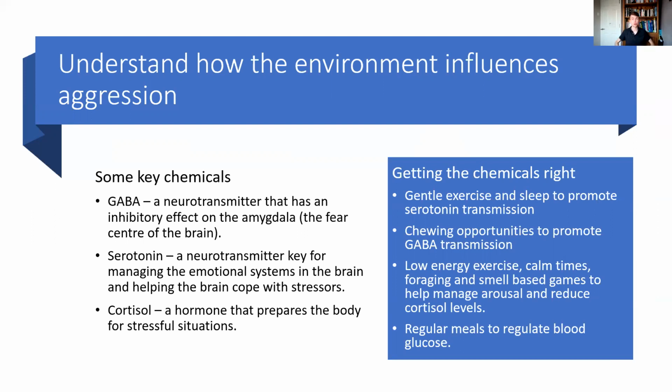So if you've got a dog that's got lots of cortisol in their system and they see maybe another dog across the side of the road, then they're more likely to react than that same dog that hasn't got lots of cortisol in their system, particularly if that dog experiences fear generally around other dogs. So how can we balance these chemicals? There's a few things we can do.